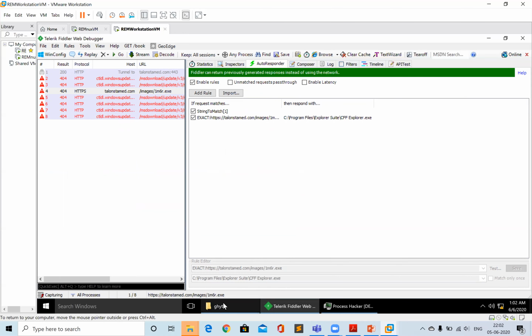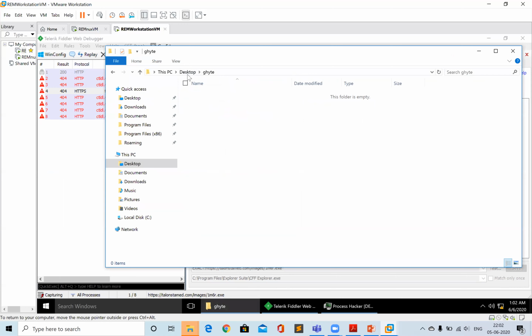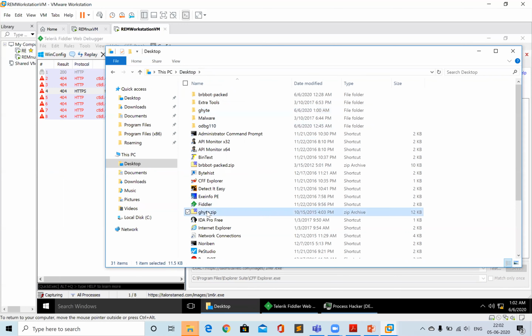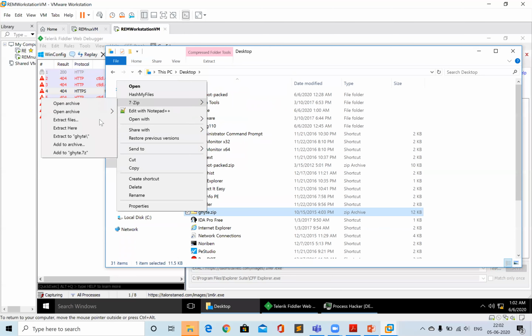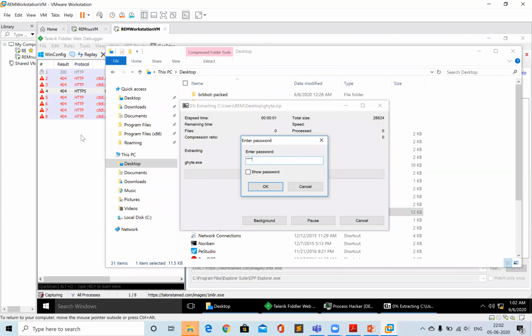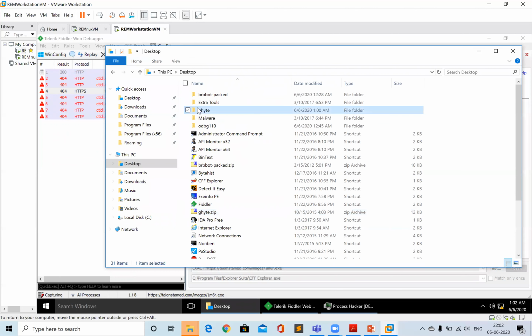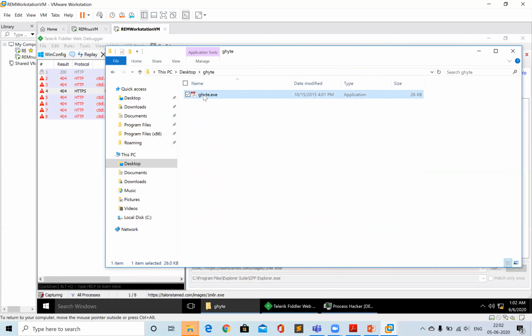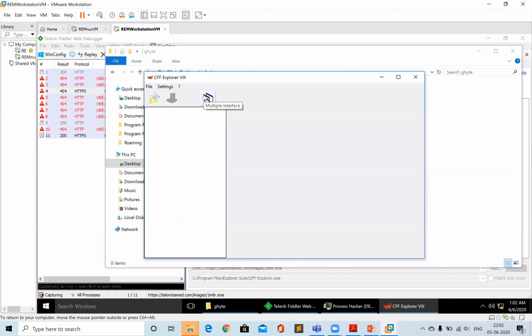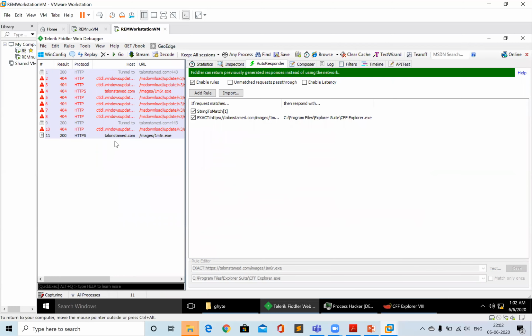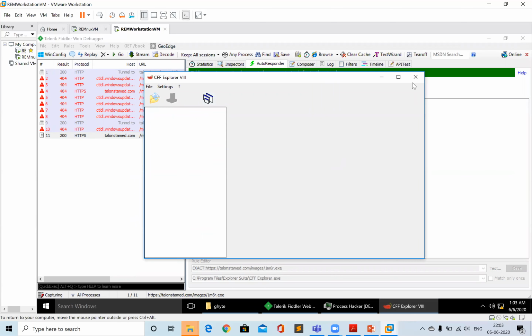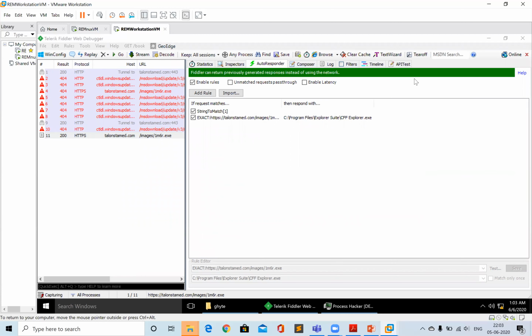So now I will run that malware again. Let's do that again. 7-Zip, extract to the malware folder. Hold on, and let's see that. Now if I run that, you can see that CFF Explorer actually ran, because when this connection was requested, it returned CFF Explorer.exe, and that is what the malware ran for you. I hope the uses of Fiddler are totally clear, what the features are and how you can achieve all the functionality. Any questions on that?